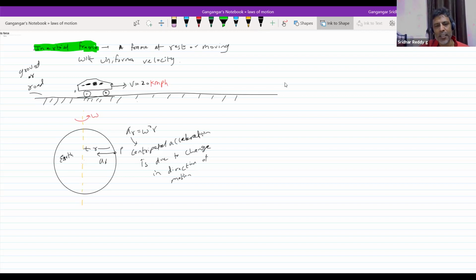So what about inertial frame? Where do I find it? No, we don't have one. We have approximate inertial frames, like the surface of the Earth. As long as the car is moving, you can say any point on a road is an inertial frame. But if you are standing on the moon,